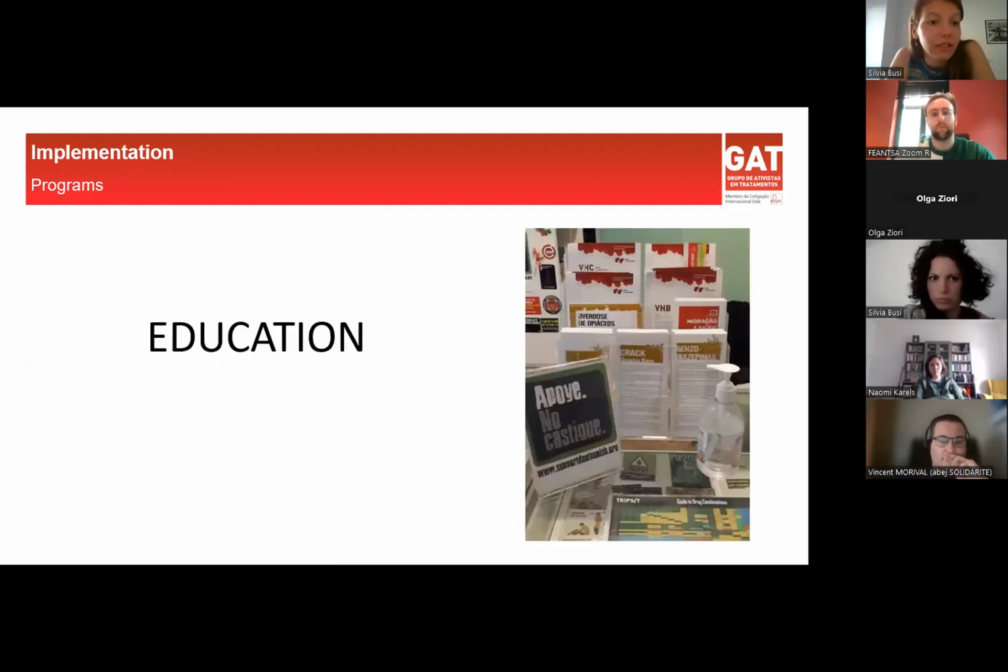Education is really important. Talking about drugs, talking about the risk of it, talking about how to have a safe experience, how to learn how to dose, how to control the consumption, how to have a better way. We do a lot of education in different ways. As here you can see flyers. Unfortunately, we have most of them in Portuguese, but our partner Cosmicare, they also have them in English.